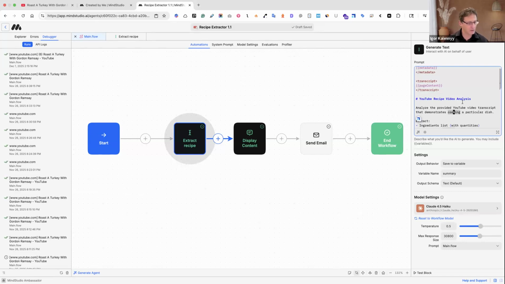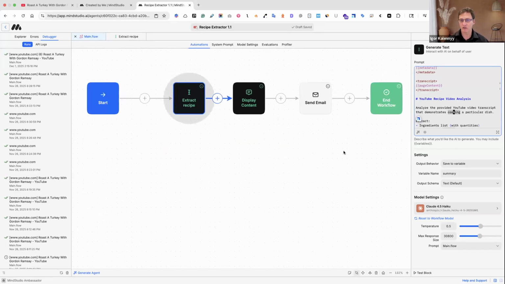Now, going on to the next part: how do we choose multiple models for the blocks? As the tool demonstrated to you, we have a number of models to choose from. And let's say you decided I would like to use a specific model for this extract recipe step. What if this was, let's say, produce a video or something like that, and you want to use Nano Banana or something like this, or Veo. Over here, see model settings.